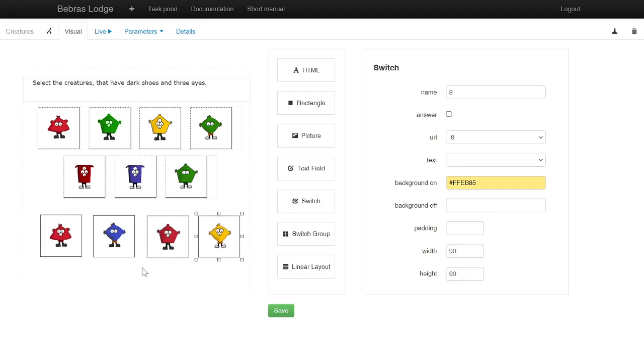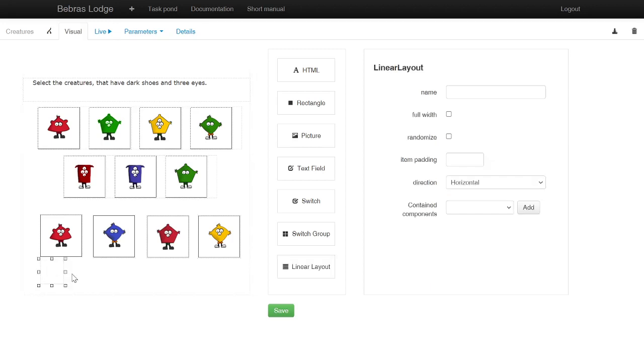You can also align multiple elements by adding a linear layout component. So when you drag the linear layout component into the task,